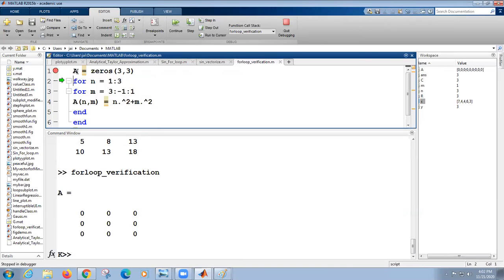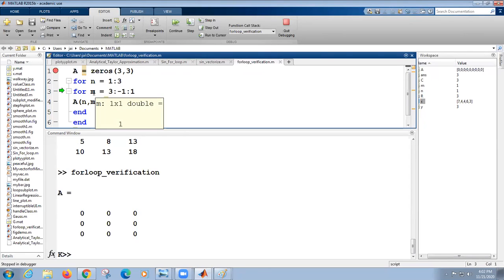Yes or not? Yes, sir. Now I'm seeing only a 0 by 0 matrix here on the command window. Again I go to the editor window, press F10, and go for the step. Now for n equal to 1 to 3, what is n now? It's 1 by 1 double. We did not define any type for this variable n, but MATLAB is again taking n as double type, and the first value, the first increment 1, is again a double. 1 by 1 double equal to 1.